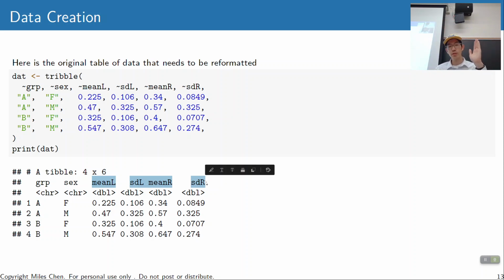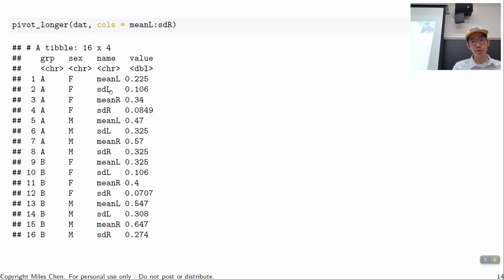So how many rows are we going to end up having? We look at how many unique values there are, and I've got 16 unique values. So we're going to end up with 16 rows. The 4 columns go down to 1, and then we're going to have a name column. So we're going to have 4 columns in the resulting table: 16 rows, 4 columns. So this is what we have. And now we can kind of see,